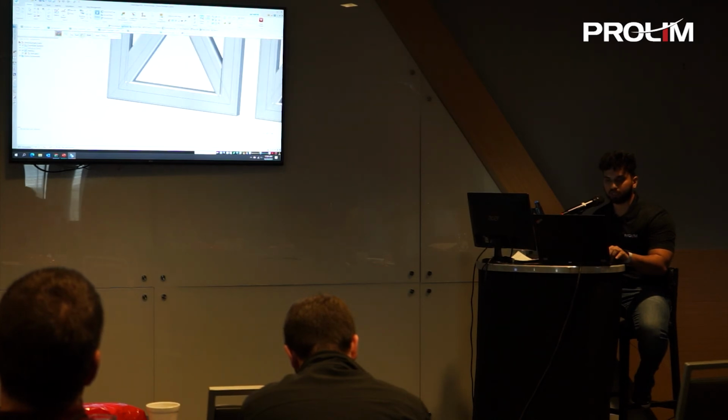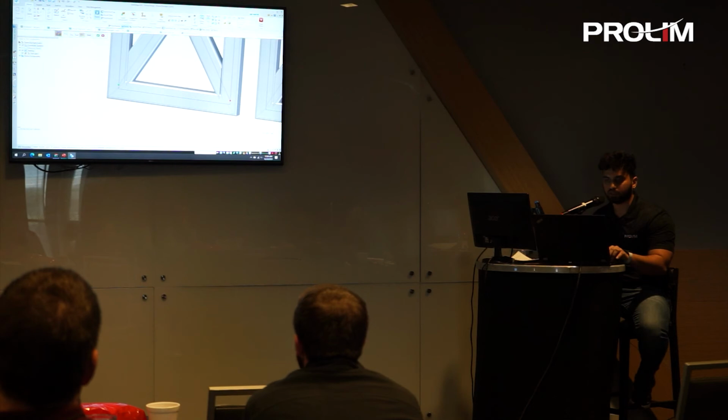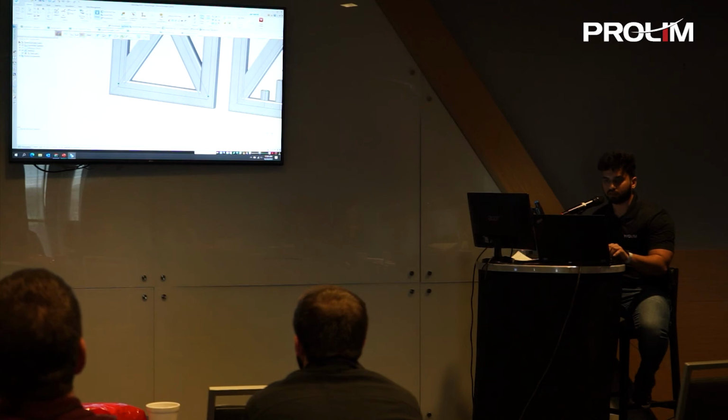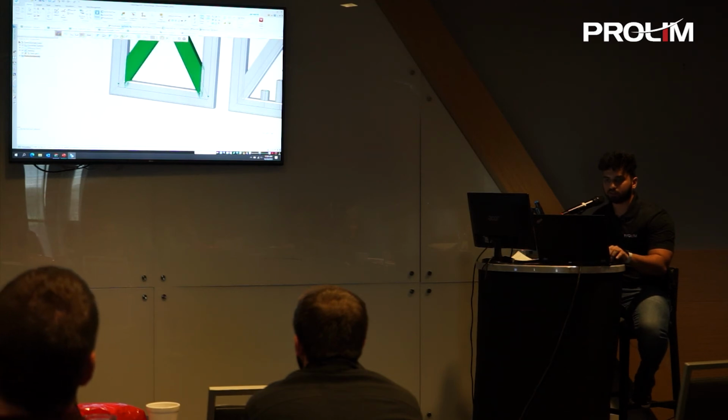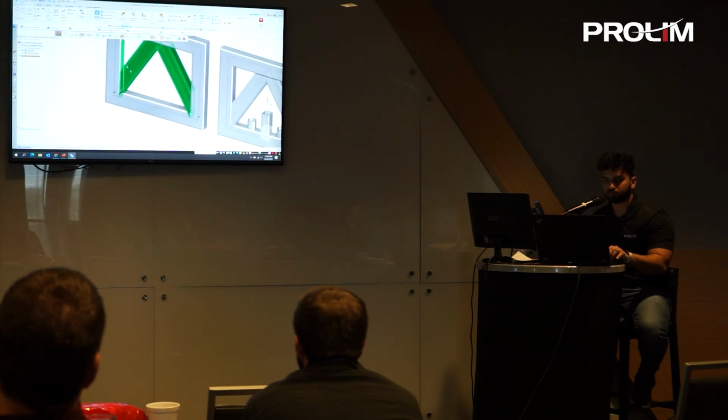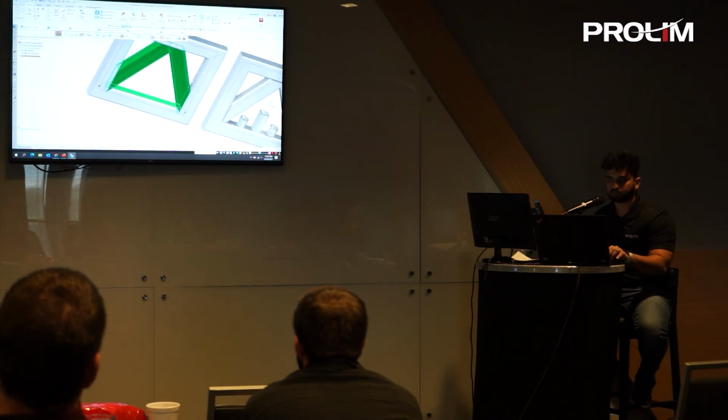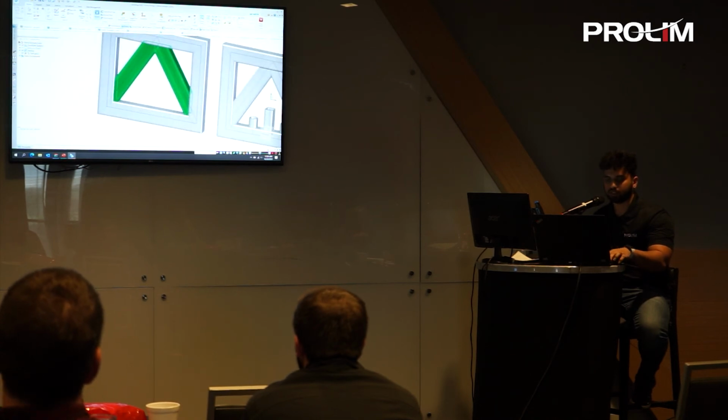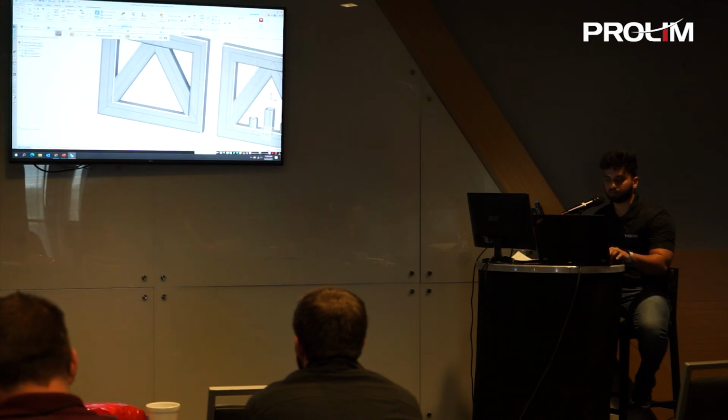So to do that, you have the next option called frame end conditions. So under frame end conditions, first I'll define the handle points right here and hit OK. So here you can see the frame extend and trim. Now you have the option to select the face, body or plane. In this case, I'll select the face. Right click to accept. And you can see that the end conditions of the frame have been trimmed very properly.